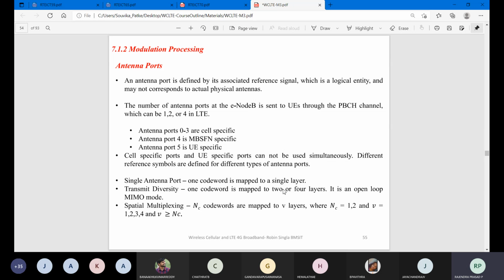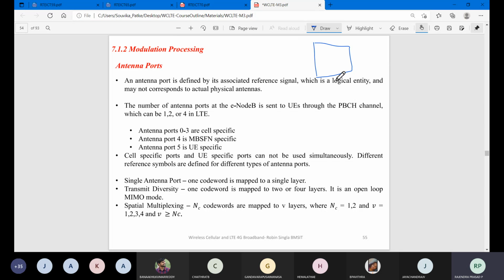Transmit diversity, one code word is mapped to 2 or 4 layers. Open loop or closed loop spatial multiplexing, NC code words are mapped to V layers, where NC equals 1, 2 and V equals 1, 2, 3, 4 and V is greater than or equal to NC. Right. So it is just like your multiplexing concept which they are going to use.